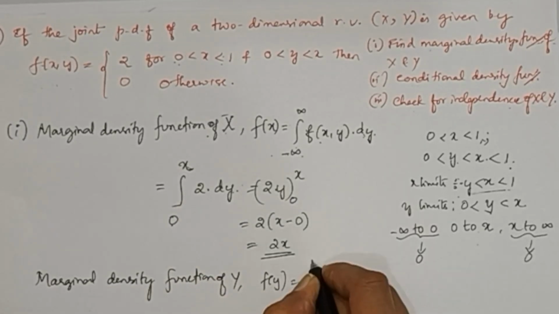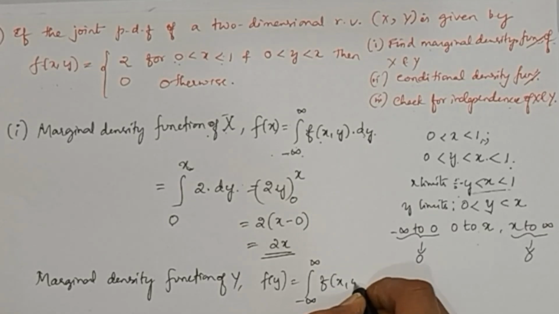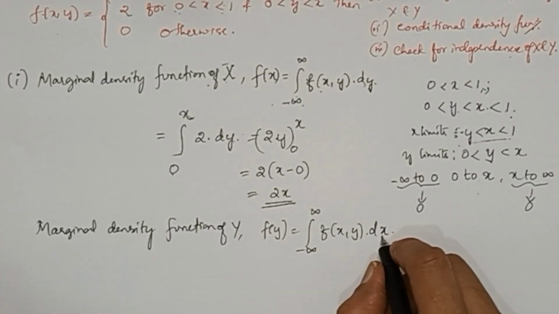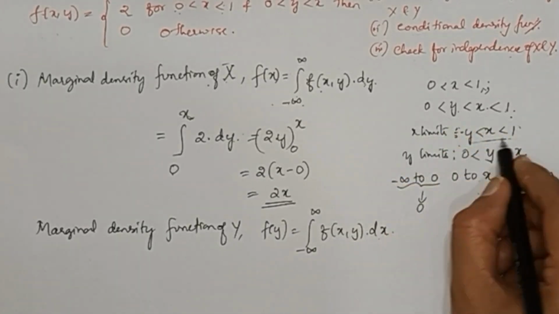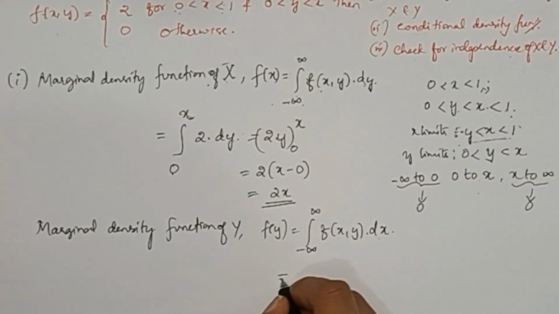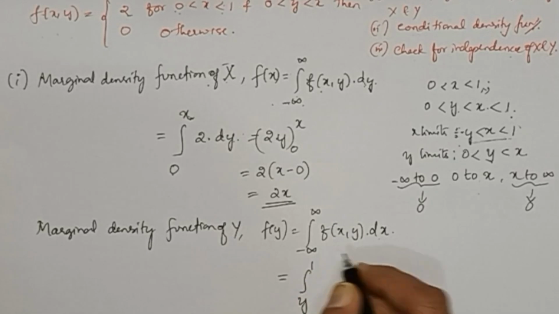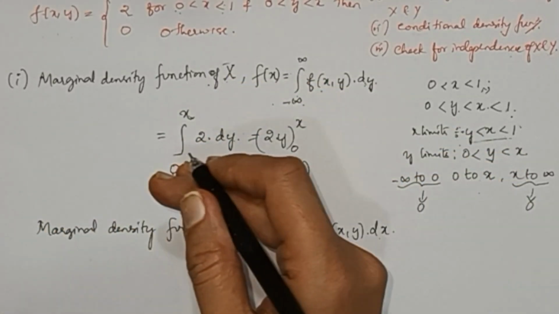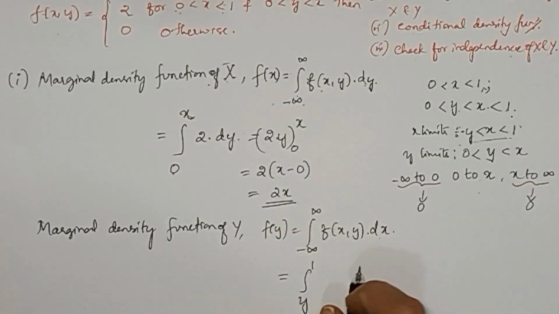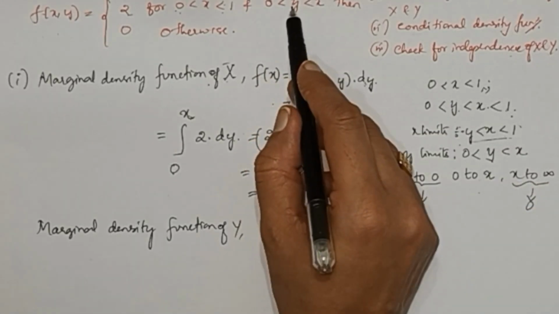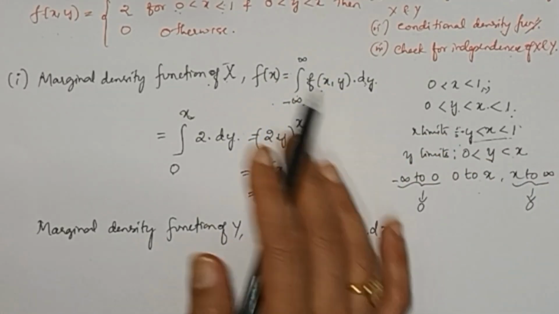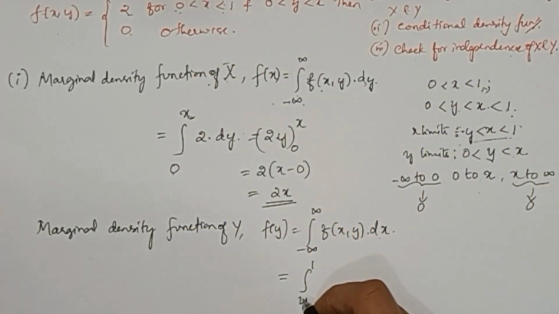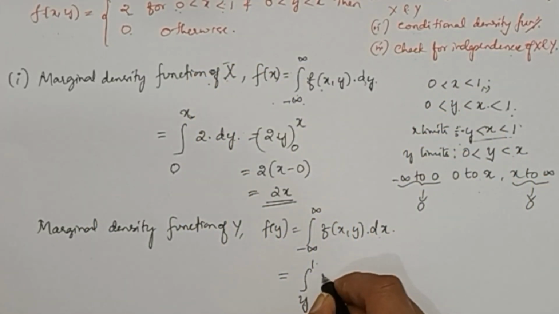Integral is from minus infinity to infinity, f of x comma y into dx now. So now you need limits of x. X limits are from y to 1. So I'll directly write from y to 1, rest all minus infinity to 0 and minus infinity to y. Only the function value exists in between these two limits, rest all the function value is 0. So you can directly ignore that and you can directly write y to 1,